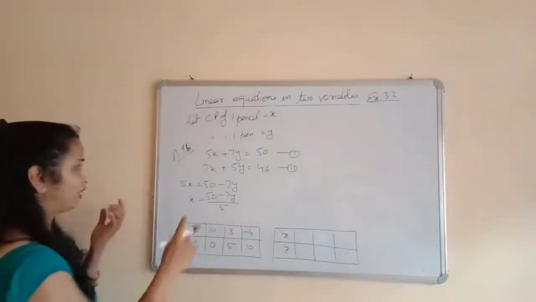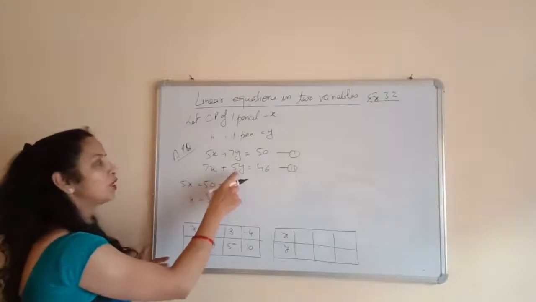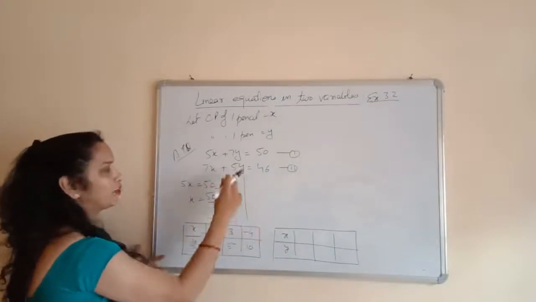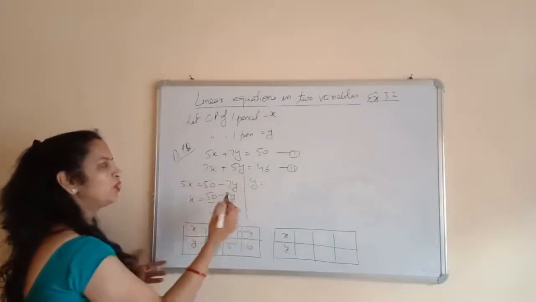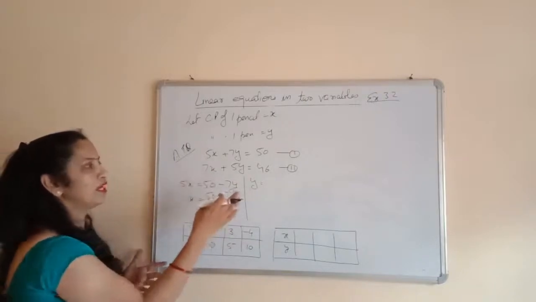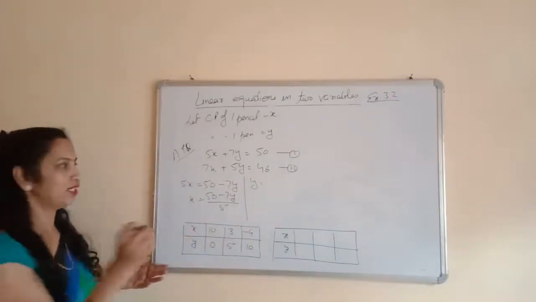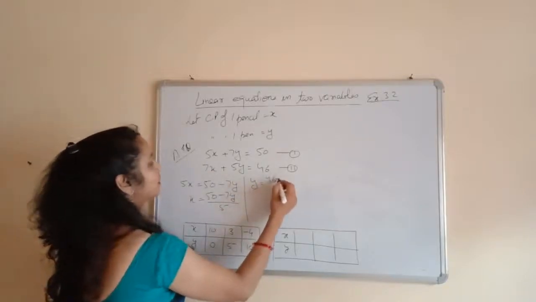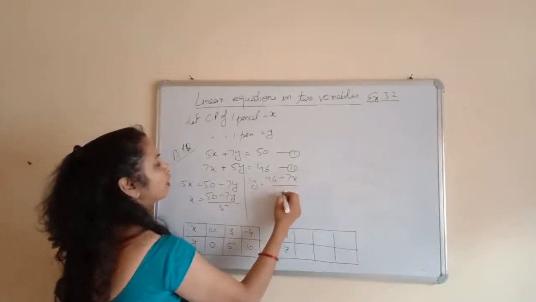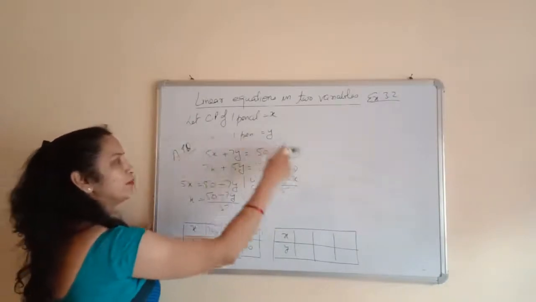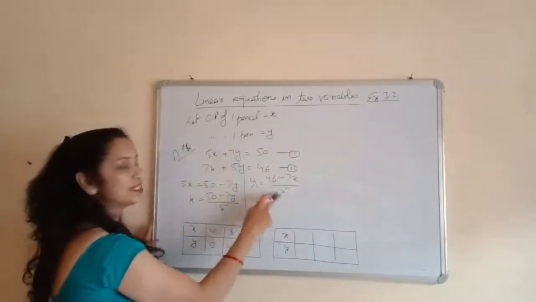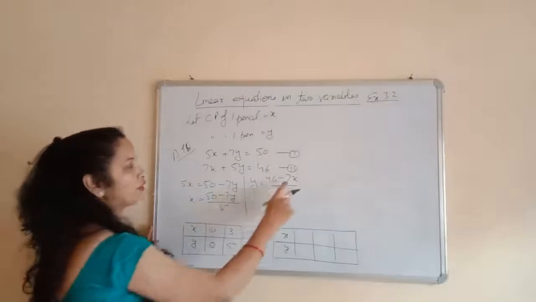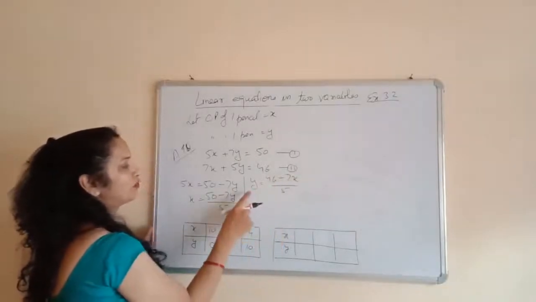Again, you can find out the value of x or y. In this part I am finding the value of y, because if 7 goes in the denominator, dividing becomes difficult with fractions, and if 5 goes in the denominator, it becomes easy to divide. So it is (46 minus 7x) upon 5. 7x has gone to the other side with a minus sign, and 5 is taken as the denominator. Now put different values of x so that you can find the value of y.